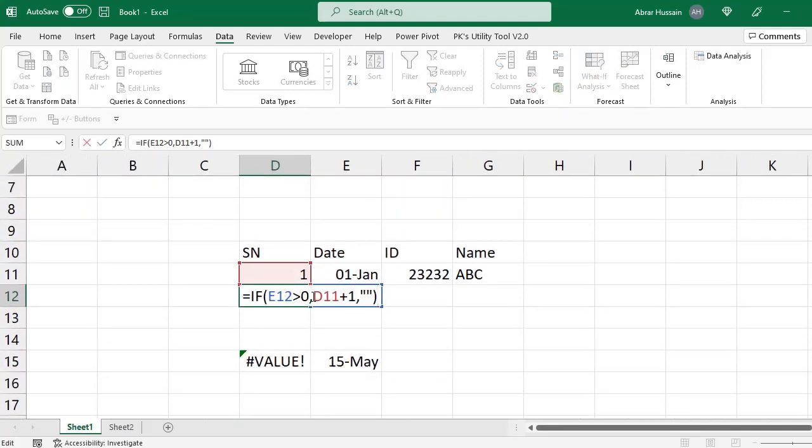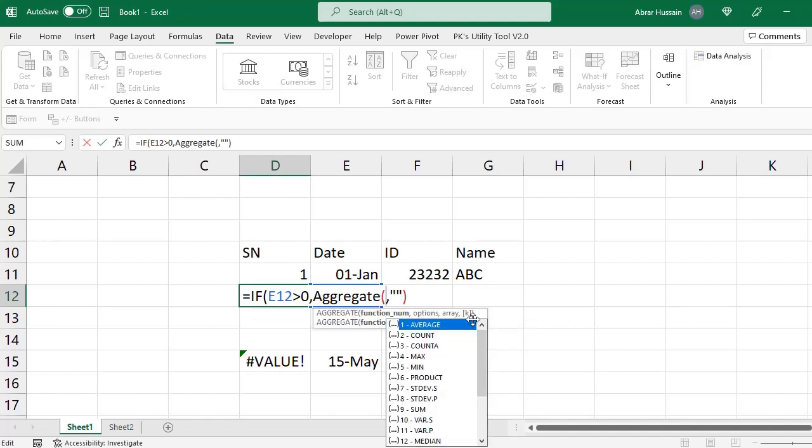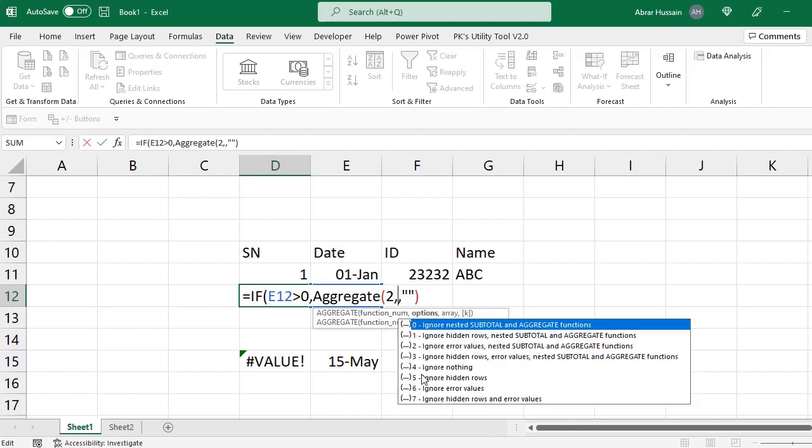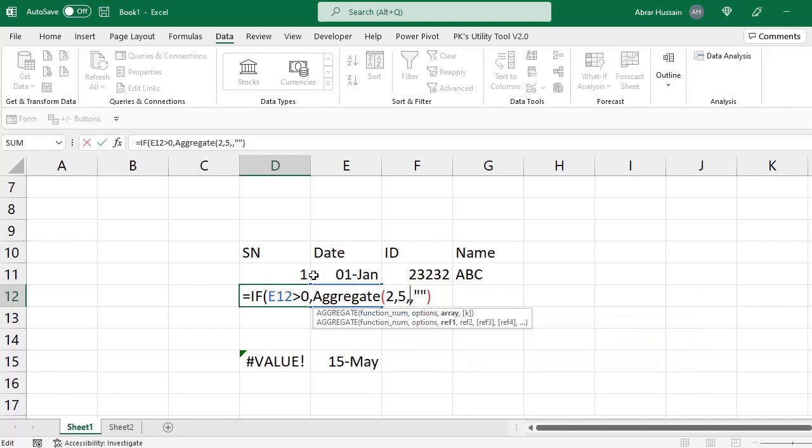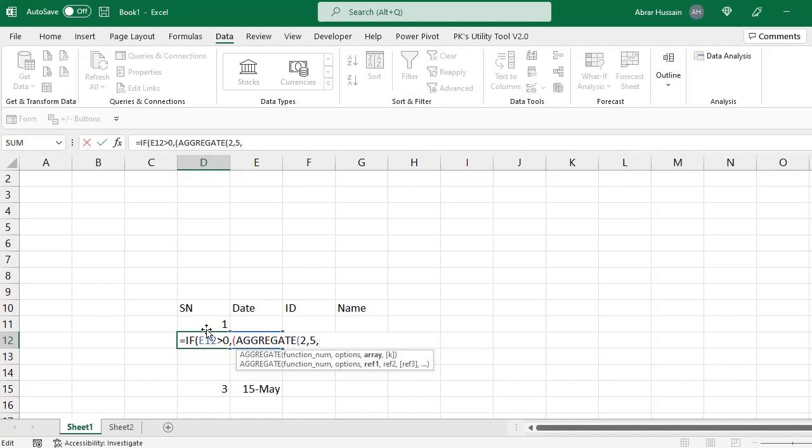Okay, now I am removing this formula and using AGGREGATE with a small bracket. Here I need function number 2, the count, then option 5, ignore hidden rows. In this case we don't have hidden rows, but we have blank rows, so those are hidden for us. And then after that, a comma, you are doing it without IF, so you can range the column headings, but here